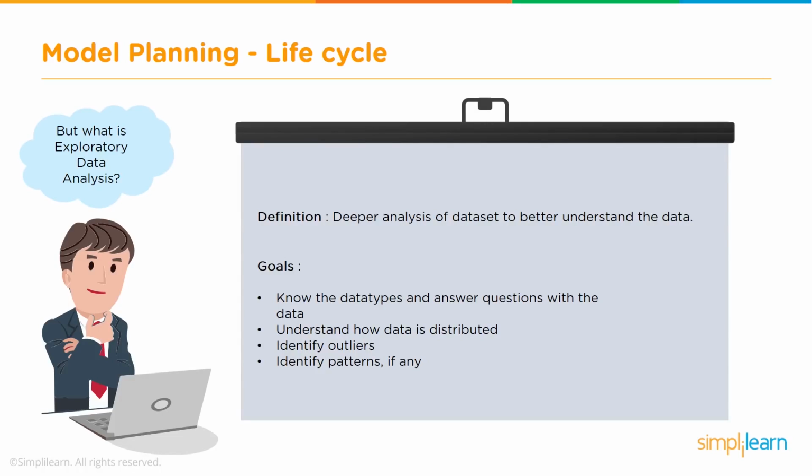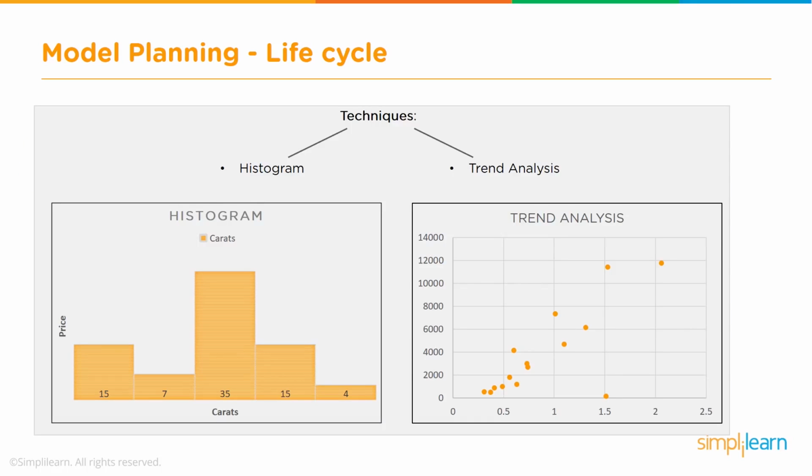And then during this process, if you find there are a lot of missing values, you can take steps to fix those. You will also get an idea about what kind of model to be used and so on and so forth. What are the various techniques used for exploratory data analysis? Typically, these would be visualization techniques, like histograms, box plots, and scatter plots. So these are very quick ways of identifying the patterns or a few of the trends of the data and so on.